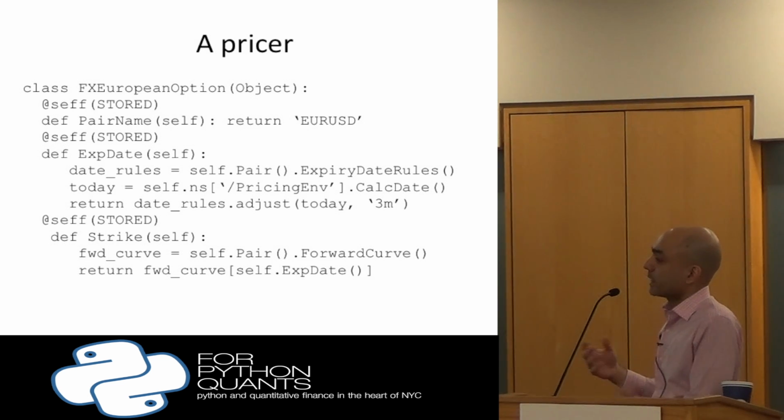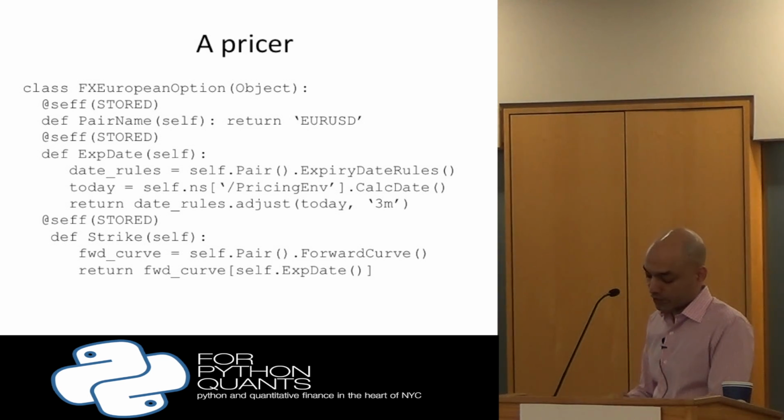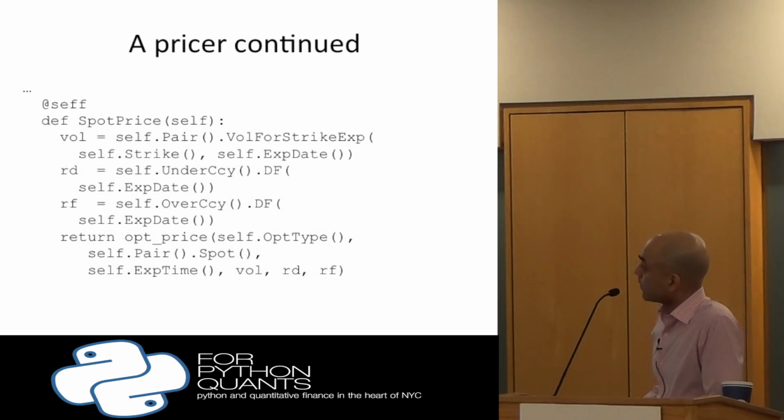So it makes it very easy to set up things and play with them. And similarly, the strike is just going to the forward curve and getting the expiration date, so you have the money strike. So more interestingly, I can define a function called spot price, which computes some adjusted vol based on strike and expiry, some discount factors, and then calls option price. Now, once you've set this up, it's very easy